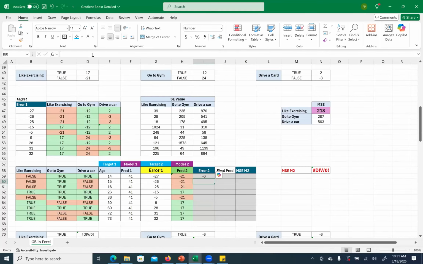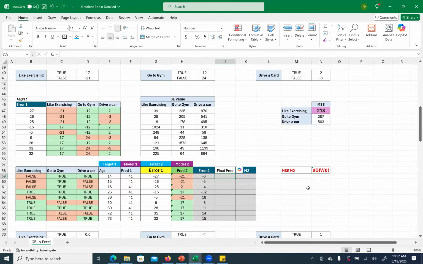Is this correct? Actual value minus the predicted value. So what's the actual value here? Error one? Yes, error one. Okay, error one. So my final prediction is going to be, let's say if I stop my iteration